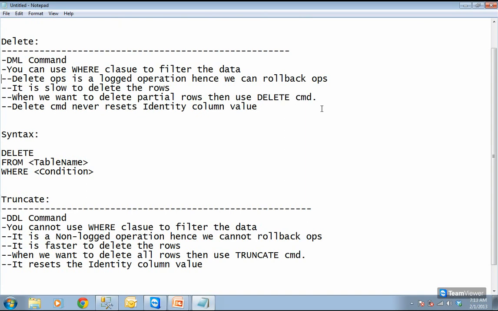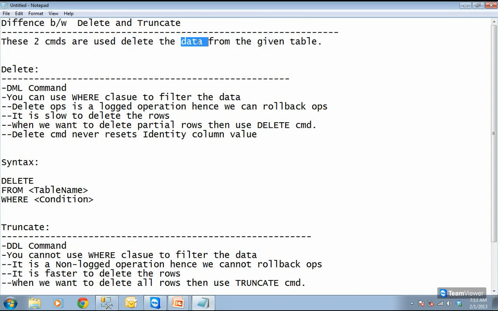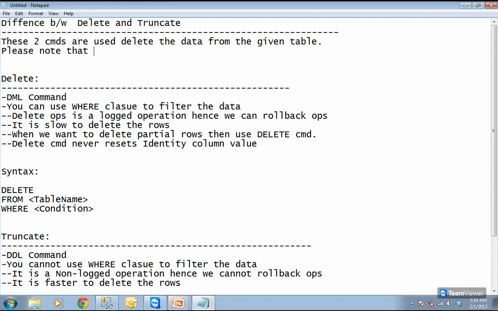So you have to remember delete commands and truncate commands are clearly written here. These are used to delete the data from the given table. Okay. So the structure will not be removed. You have to be very clear. Okay. With drop, the structure will be deleted.